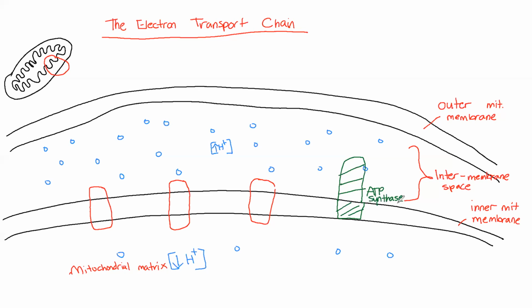Okay, and this is the most important complex. Now what happens is, if you remember our discussion, we talked about the electrons being shuttled from glycolysis. So remember, glycolysis created electrons by reducing our NAD plus to NADH carrying electrons. We also had electrons generated in the linking step as well as in the Krebs cycle. So all of those electrons that are being shuttled by our carrier molecules, NAD, and in the case of the Krebs cycle, we also had FAD, make their way into the mitochondrial matrix,